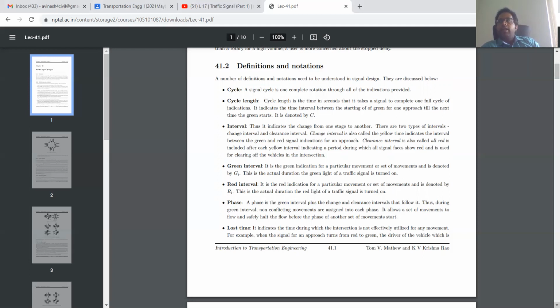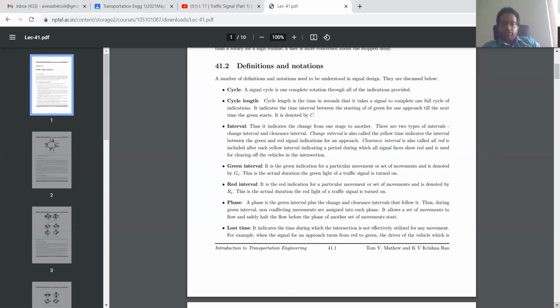In the case of a green interval, which means the green signal is on, the vehicles can move straight, but it makes sure that only non-conflicting movements are assigned. There is no conflict of vehicles coming from different directions. When you are traveling, you might have observed that if the green signal is on your side, it will be off on the other side. So there is no conflicting movement. All the movements permitted by this green will be non-conflicting movements.